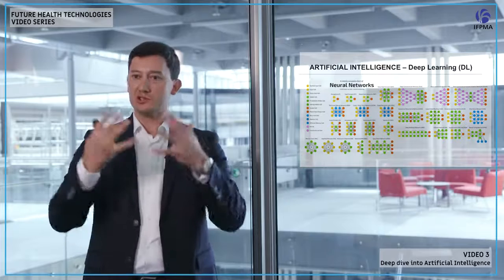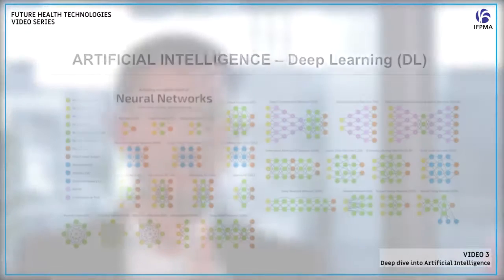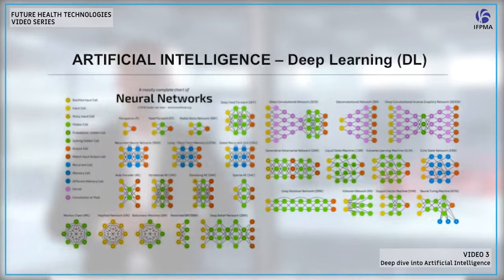Now, let's do a little dive into a subset of machine learning, which is called deep learning. Deep learning sounds complex. It's not very complex, in fact. It's just a subset of machine learning. And I'd like you to look under neural networks on the top left part. You will see here the feed forward. It's very simple. So all the different neural networks that you see, it's a simple classification of neural network, which